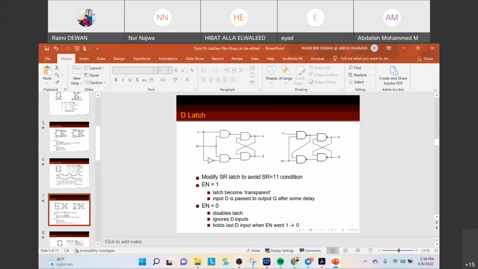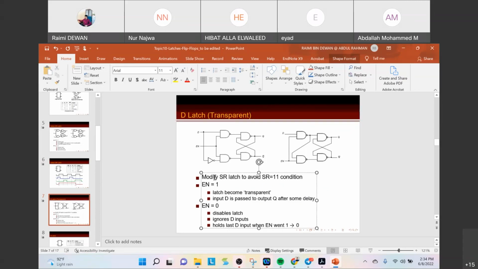Next is actually the D latch. The D latch sometimes we call a transparent latch. What does it mean by transparent? It has been explained in my 2021 videos. It's actually just like it reflects back the input signal as the output. You can refer to the 2021 lecture video, where I also explained the transparent, and also inside the module it has been explained. So in this D latch we actually modify